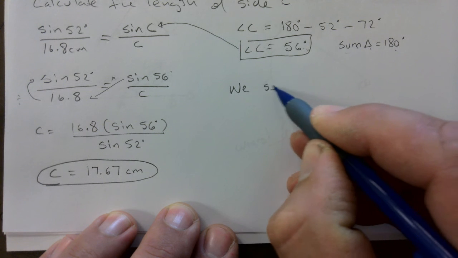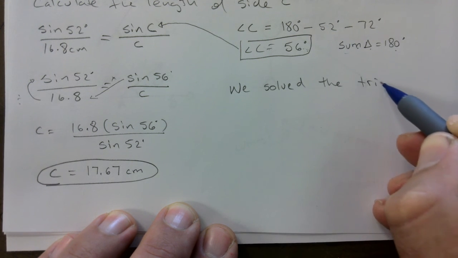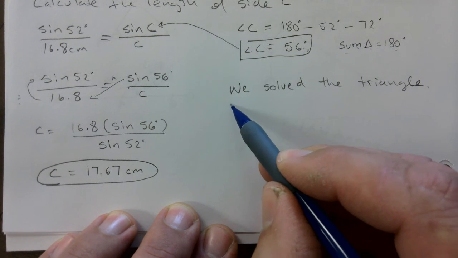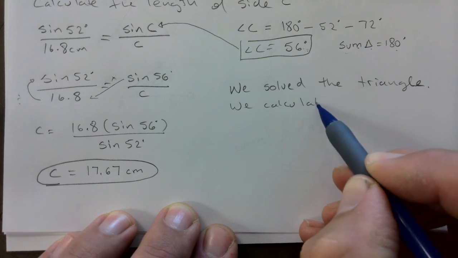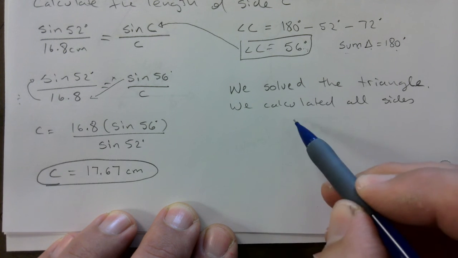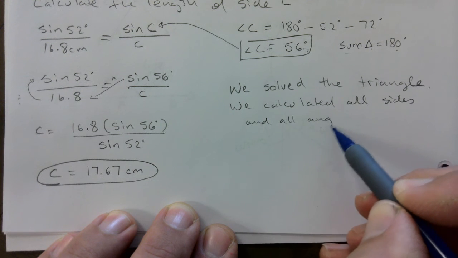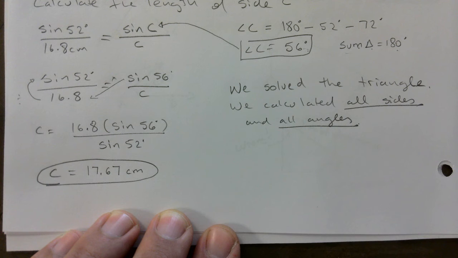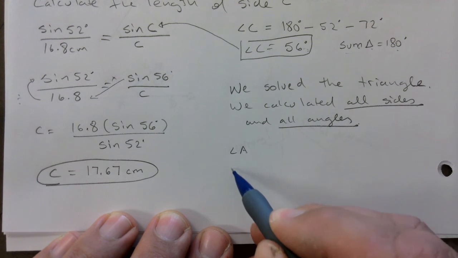We solved the triangle. Okay, what does that mean? We calculated all sides and all angles. That's what solving a triangle means. Okay? All sides, all angles. So if you wanted to do an inventory here,